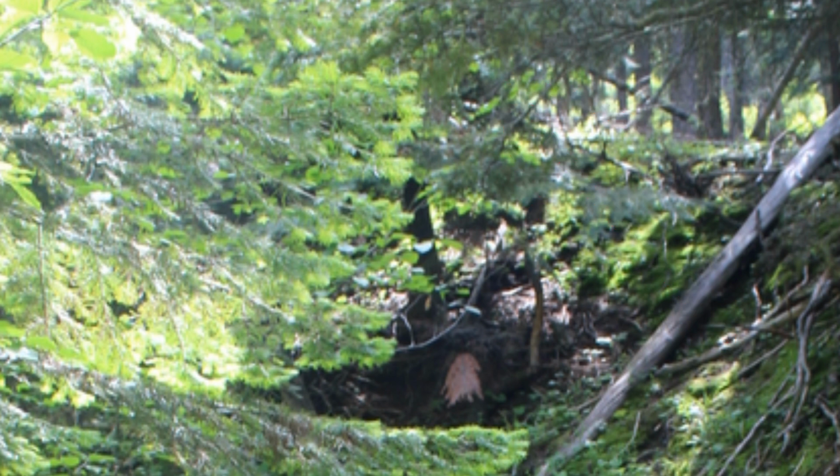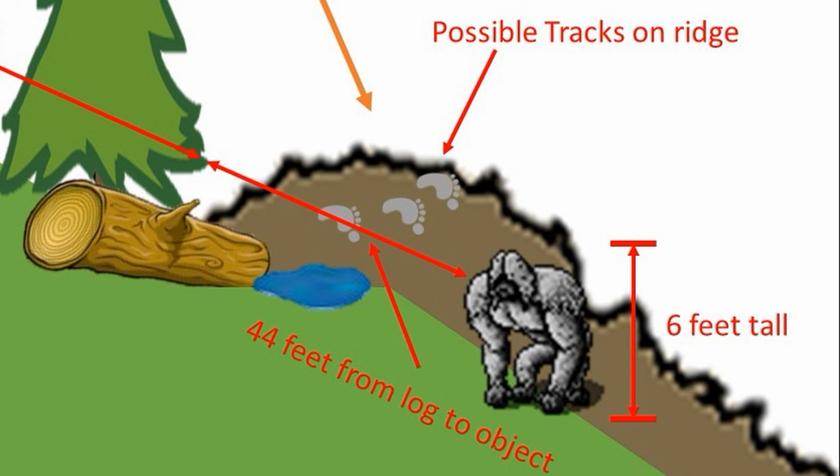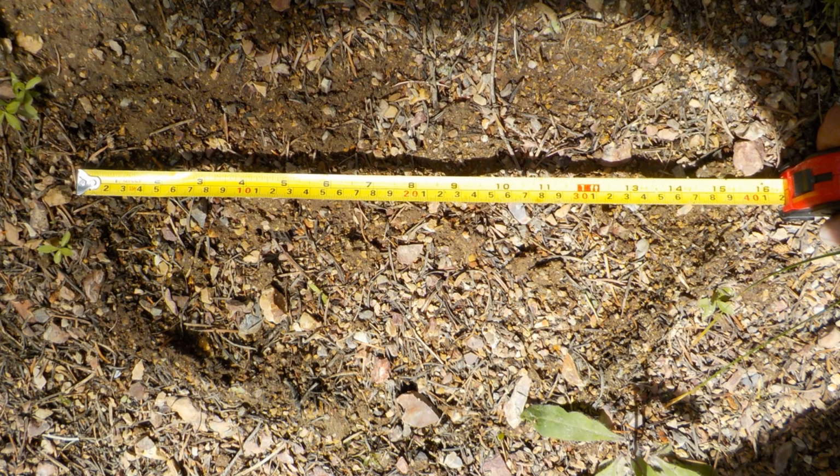So that hole's right there. Here's a close up of it. You run the string through there, and you end up 44 feet behind the log and 6 feet in the air. Now, if you see the little line that said possible tracks going up the side of the ridge,